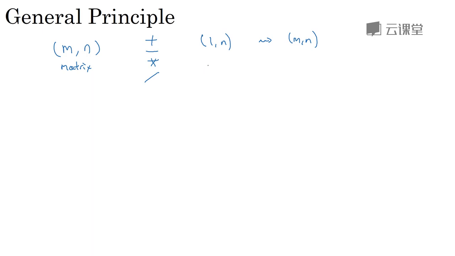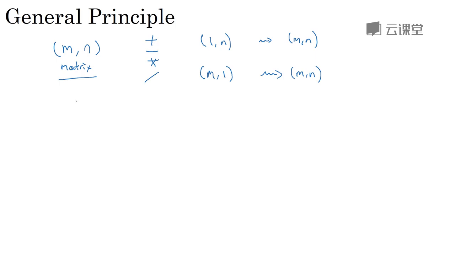If conversely, you were to take the m by n matrix and add, subtract, multiply or divide by an m by 1 matrix, then this will copy it n times and turn that into an m by n matrix and then apply the operation